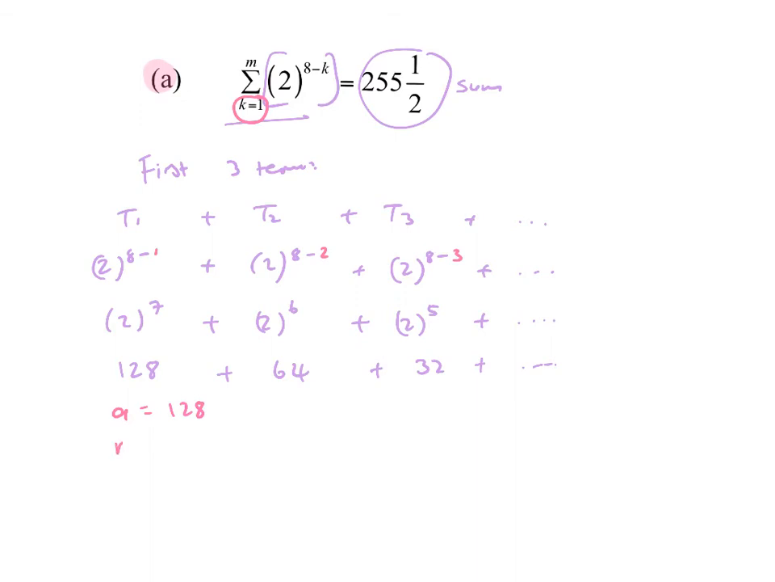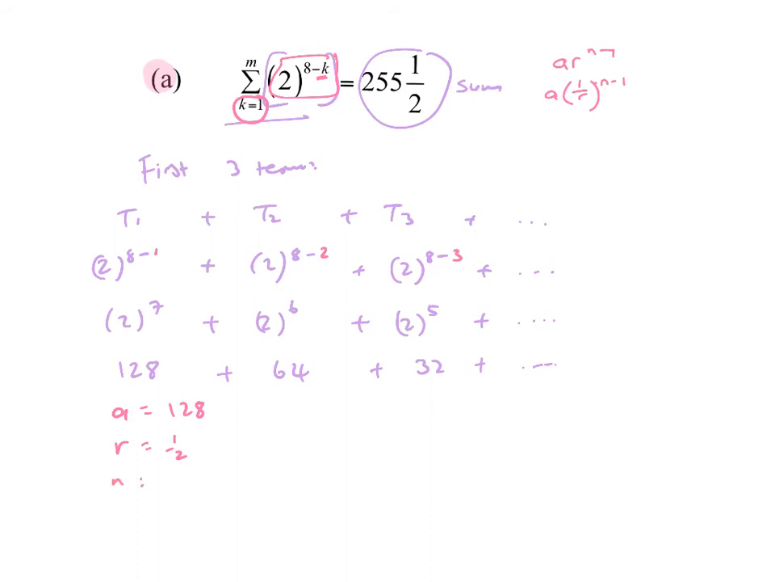128 is the first term, the ratio is a half. You can also see that it's a bit in disguise, because it's 2 to the power of minus k. Normally it is a r to the n minus 1, but now it is like a 1 over r, to the n minus, and then it's minus n. Anyway, just do it from the first three terms, and we need to know